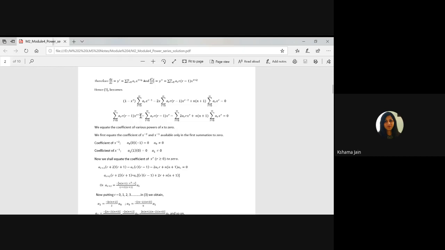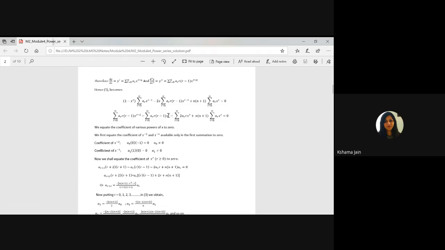So that time here the term will be x raised to the power r. For this particular term, r is r plus 2. Summation means the terms from 0 to infinity are there, plus plus plus. Same for these, same for this. These all are the series. Our work is to take the terms of x raised to the power r.